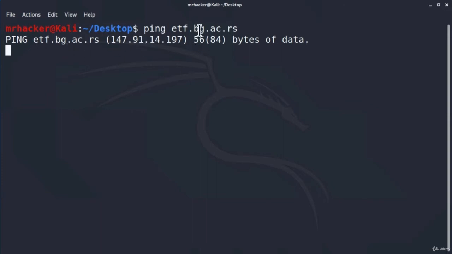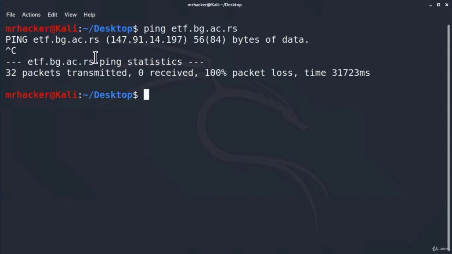So to stop this, you can simply just press Ctrl+C, and it will tell us 32 packets transmitted and 100% packet loss. Now this doesn't mean that this website is offline, since if we visited this link right here or this IP address, we would open a page to that website. But just in case, let us see how it looks once we get the response back from the ping